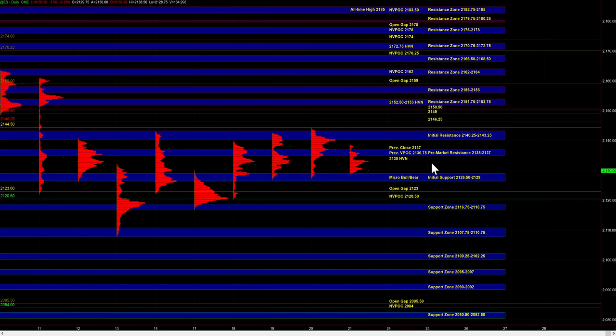So in the overnight session, the sell side has been dominant and ES has been trending lower. Heading into the open, the 26.5 to 29 area is going to be used as support, as well as the micro bull bear zone. As long as buyers can hold ES above 26.5 to 29, there's still potential for the market to continue balancing within the recent range and return back up to 35.37 and the top of the balance